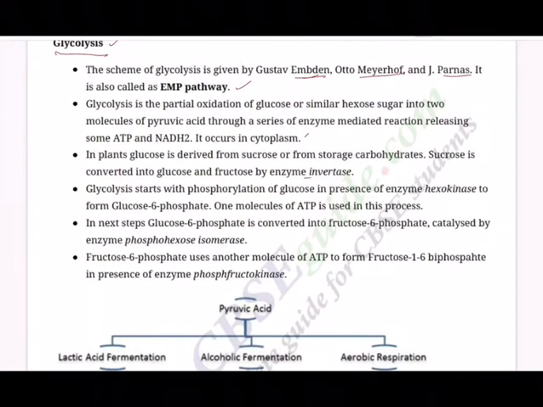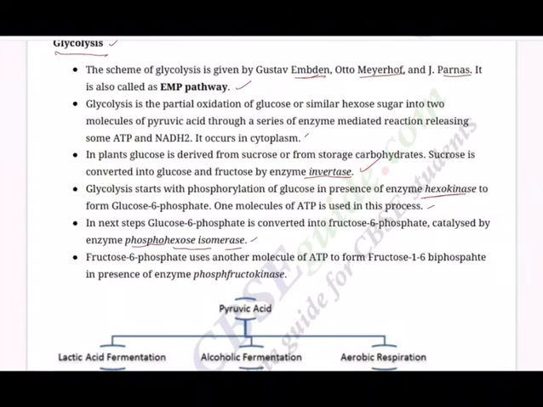Sucrose is converted into glucose and fructose by the enzyme invertase. Glycolysis starts with the phosphorylation of glucose in the presence of the enzyme hexokinase to form glucose 6-phosphate. One molecule of ATP is used in this process. In the next step, glucose 6-phosphate is converted to fructose 6-phosphate, and that is catalyzed by